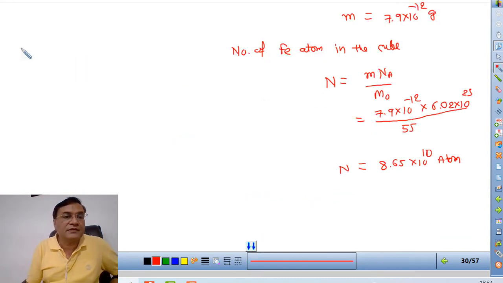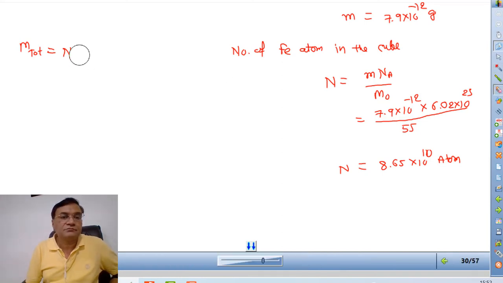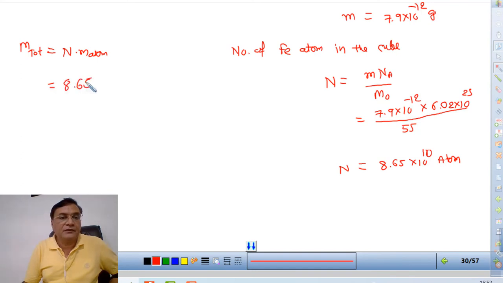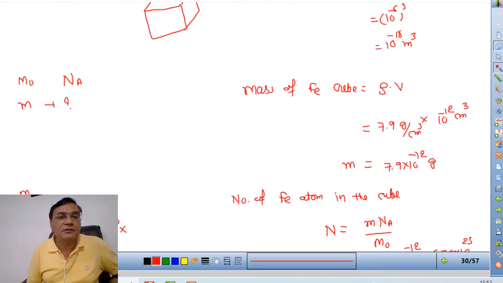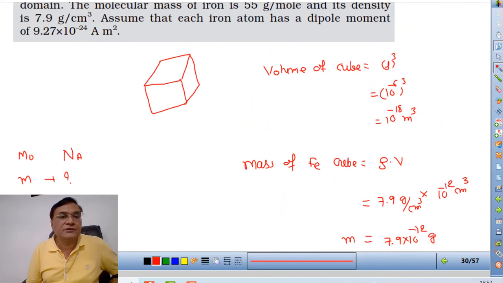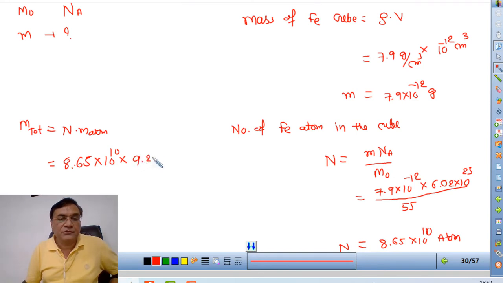That is the saturation. So total magnetic moment M total is equal to N into M of each one. M atom is given, so I will keep M. So N is 8.65 into 10 raised to 10 multiplied by M atom, which is given by 9.27 into 10 raised to minus 24. So it gives you